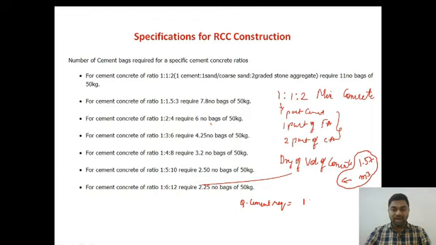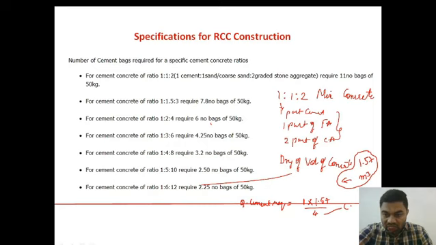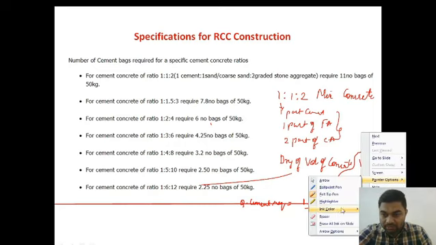1 part of cement, as it is given 1:1:2, 1 part of cement into the total volume of aggregates that is required for 1 meter cube of concrete is 1.57 divided by how much? Total parts of concrete is how much? 1:1:2, 1 plus 1 plus 2, that is equal to 4. How are we getting this 4? As 1:1:2, if we add the total components,